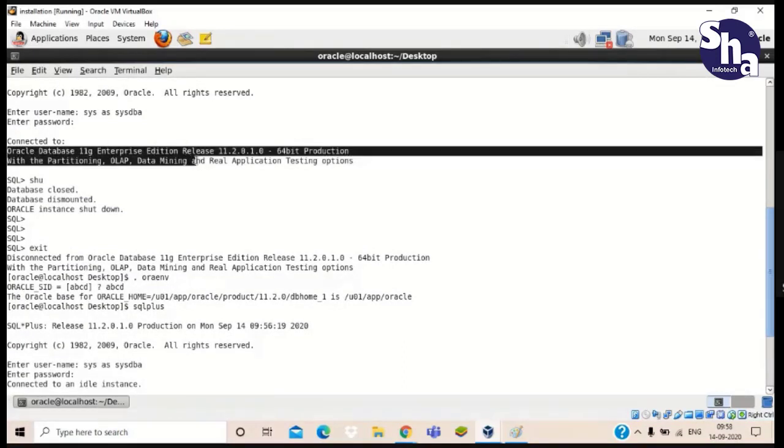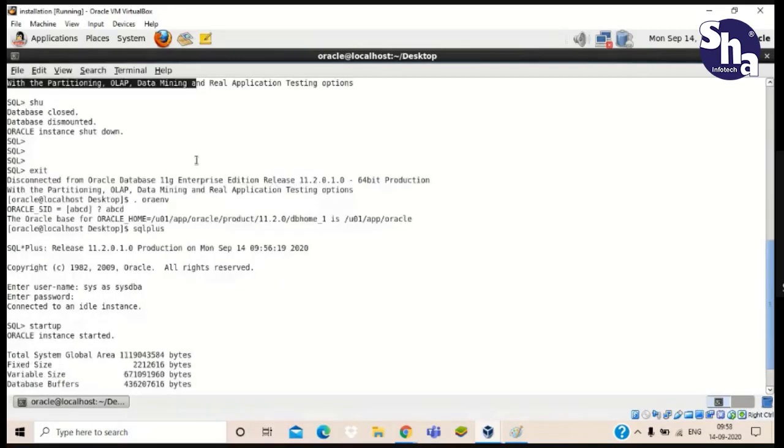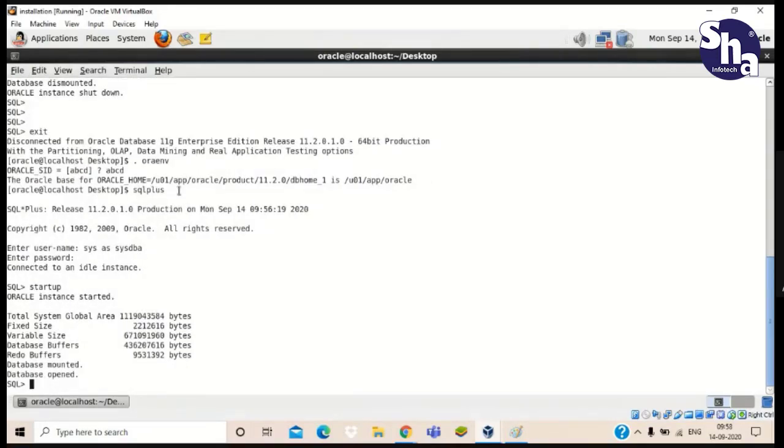If it is giving us connected to an idle instance after giving the username and password of the super user, then you have to startup first, because it means our database is in closed mode, our background process is not started yet, and our memory is not allocated.